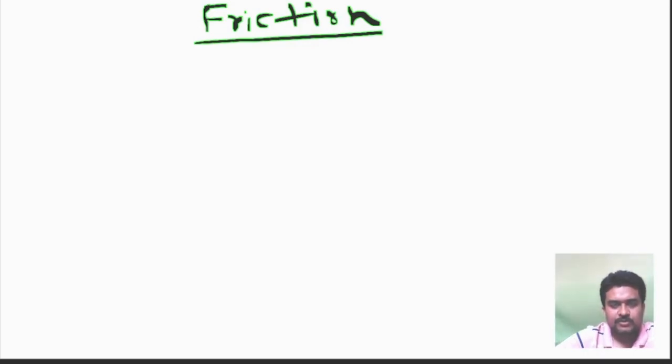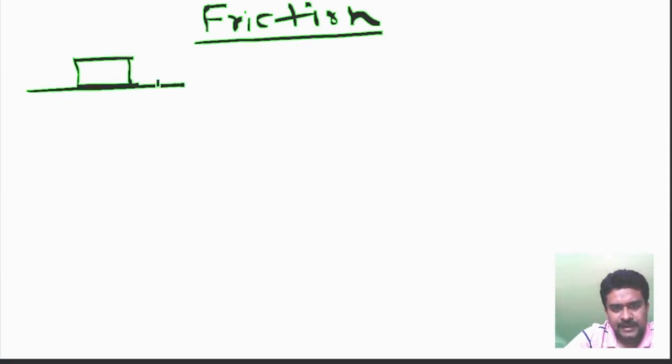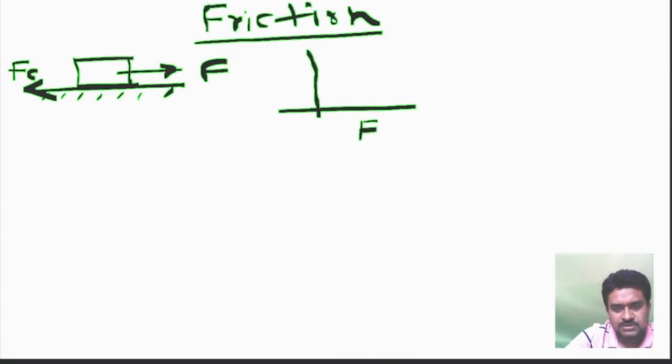Hello friends, today I am going to discuss the force of friction. I'm just introducing what is called the force of friction. Suppose you have a body here and you put it over a plane, and this plane is not smooth. If we apply some force here, a new force will arise exactly opposite to the direction of the applied force, and it acts between the two surfaces. So if you plot a graph here,